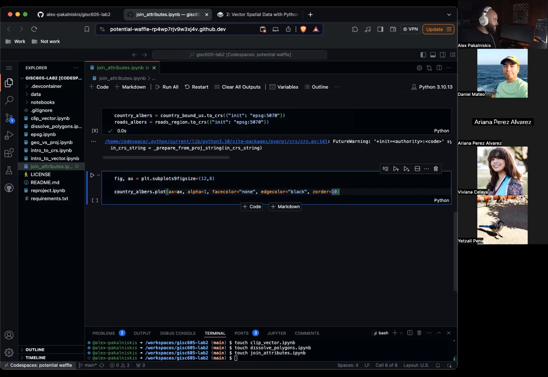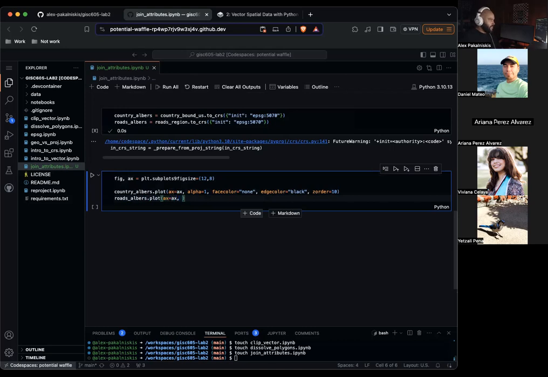So put it behind everything basically. Roads_albers.plot, ax equals ax, column equals index_right, legend equals True.